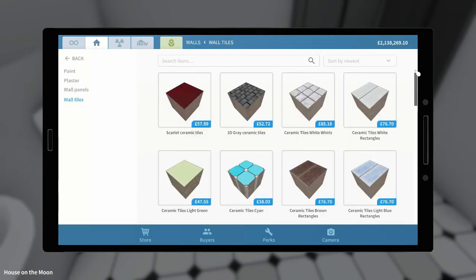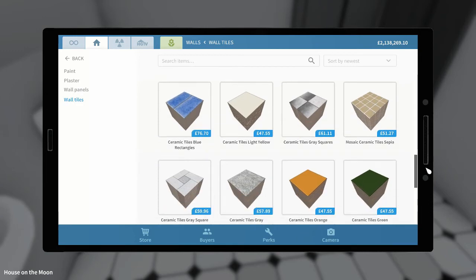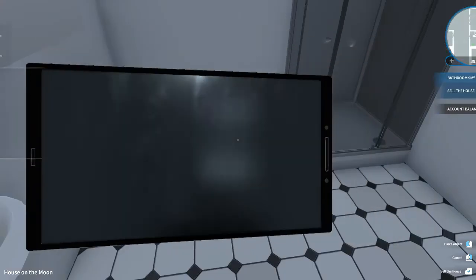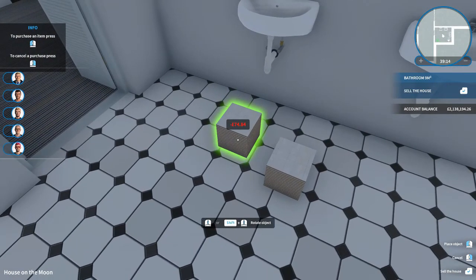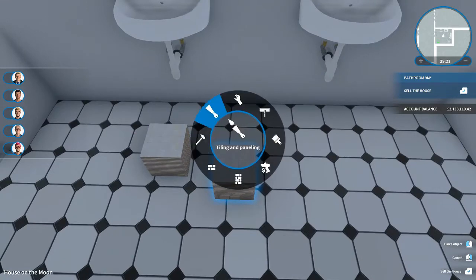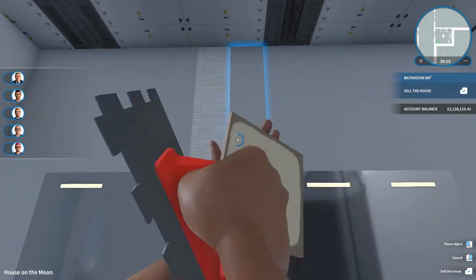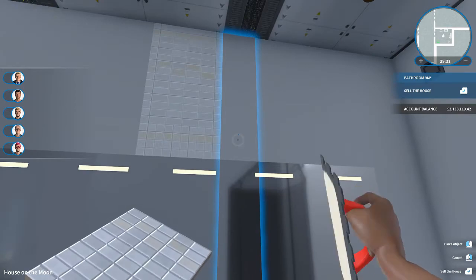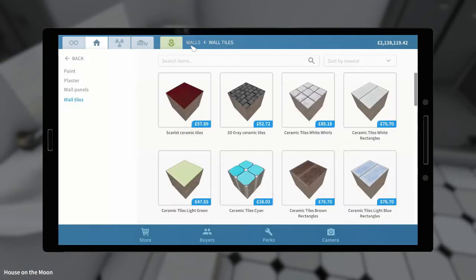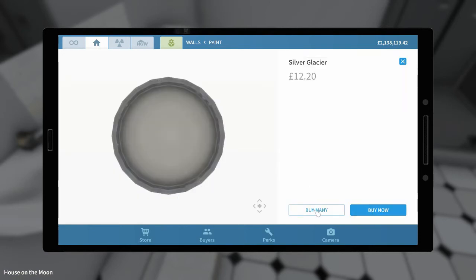Let's take another look at the tiling, and decide which one. What shall we do? What shall we go with? I think I might go with this one. But I think I'm just going to put it along behind where the sinks are, and then I think I'll paint the rest. So let's put a couple of strips up so you can see. So I think we'll do that along this wall here. And then I think we're going to want to paint the rest of the walls, and I think we might go for the silver glacier, which is a slightly greyish paint